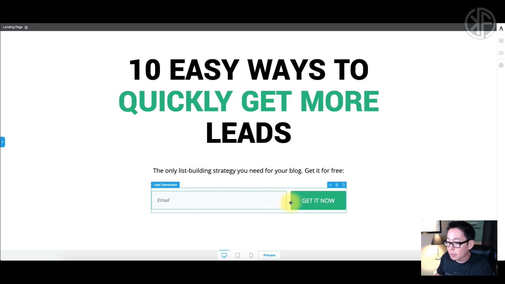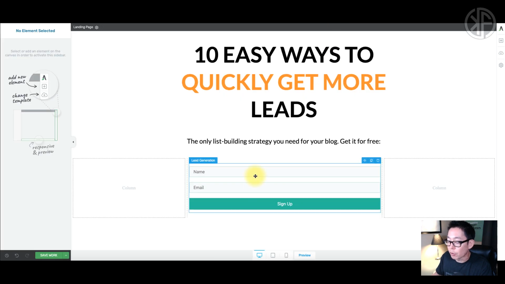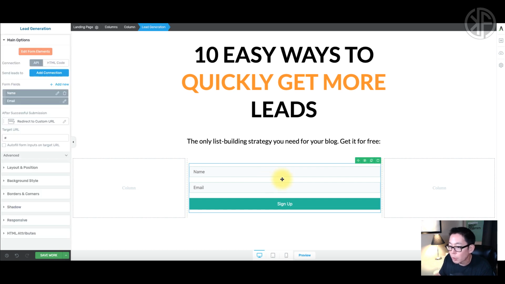Okay. This is horizontal, where the button and the field are on the same line. This is a vertical alignment here. So everything's aligned vertically. In order for us to change that, we're going to click anywhere in this lead generation box and you